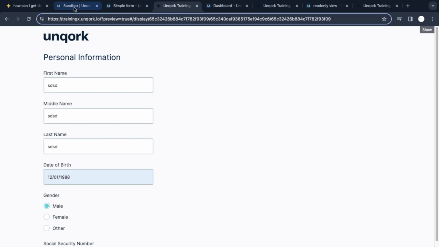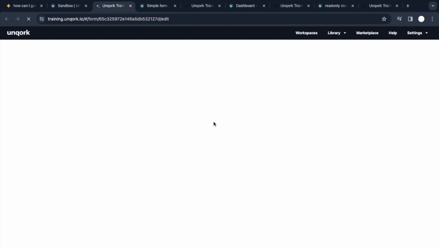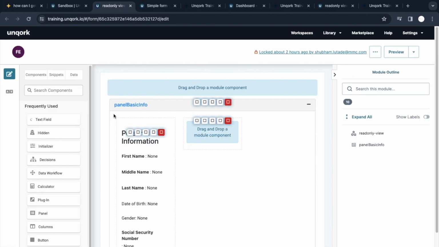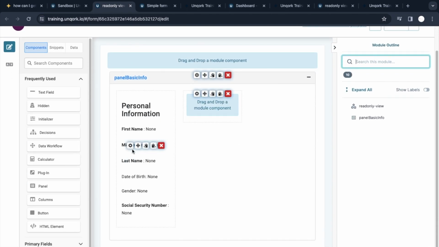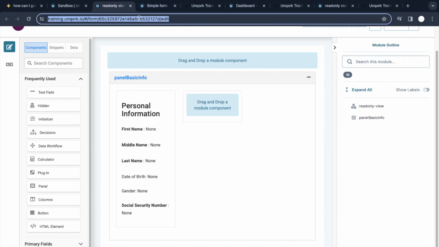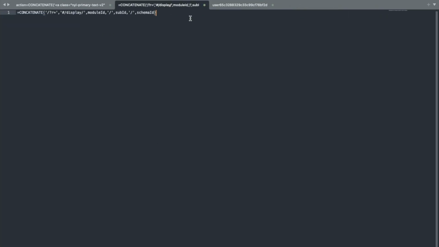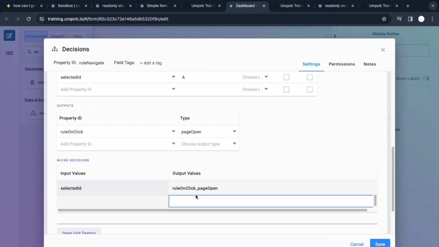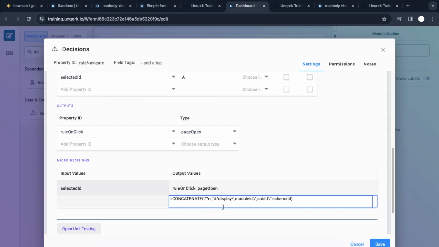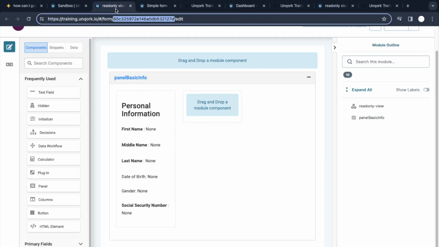So before this video I have just created one read-only view module, which would be used to view the details. This is the read-only module which I have created, and here all these fields I have used are read-only. Let me copy this module ID where we want to navigate. Before that, let me put this URL here, and then we will start replacing it with the values. Now let me put this module ID here,